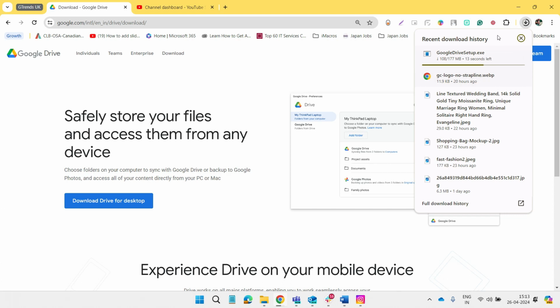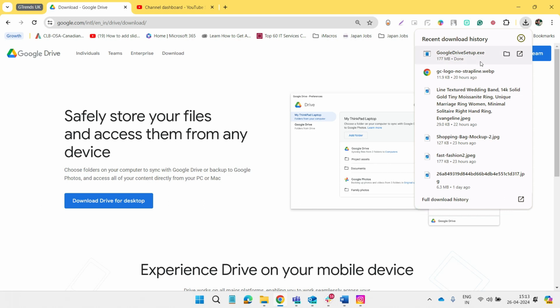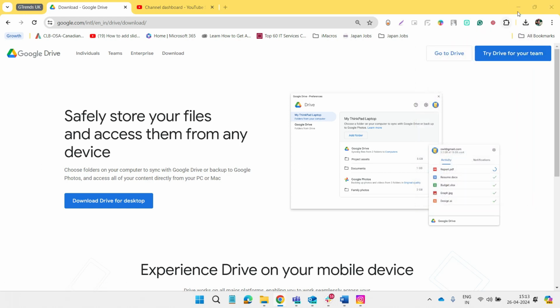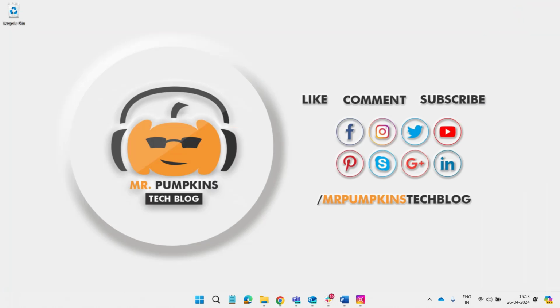Just wait for it. If you don't know about the Google Drive desktop app, it's a kind of desktop client that will let you access the Google Drive files right on your file explorer. Once it's downloaded, you need to